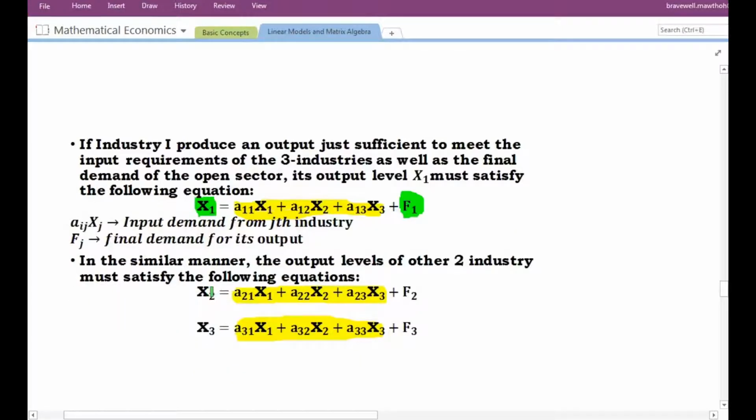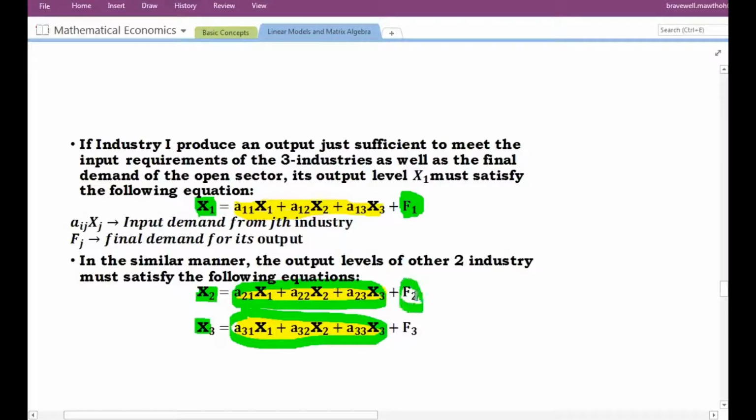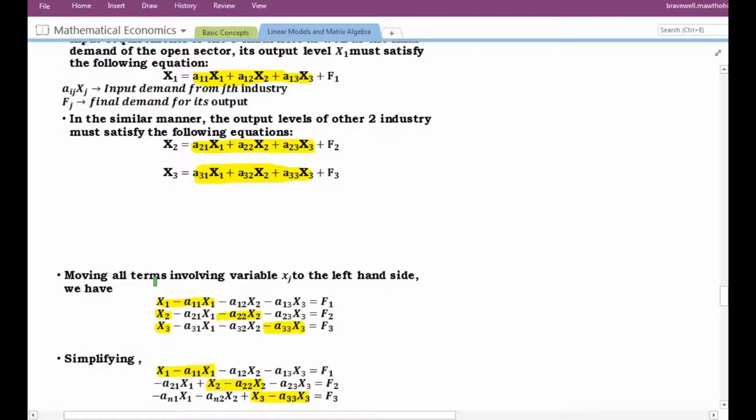In a similar manner, the output level of the other two industries must satisfy the following equations. That is, the output of the second and third industry must satisfy the input demand from the three industries and also the final demand for the output by consumers. Moving all the terms involving variable Xj, that is X1, X2 and X3, in all the three equations to the left hand side, we have